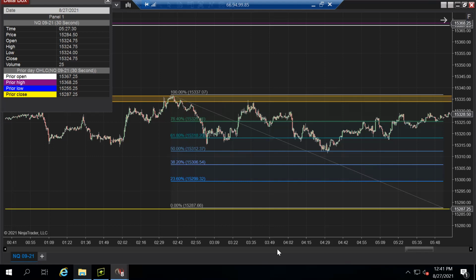All right, so now if we are going to fade the gap, based on what we see right now, the sweet spot looks to be about 15,325. Not just because it's 15,325, but if we layer a couple of ideas,